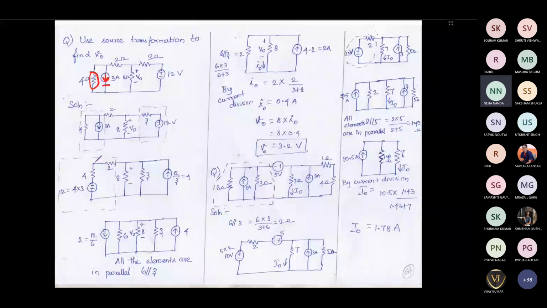So obviously you can change this to a voltage source with a resistor in series, right? This 3 ampere source and this 4 ohm resistor are connected in parallel, so I'm converting this to this. Now you can see the current direction of this 3 ampere source is going downward. So the positive polarity of the voltage source should be below and negative polarity should be at the top. In case the current source is like this, your voltage source should be like this, positive at the top and negative at the bottom, because it is understandable that the current will be coming out of the positive polarity.